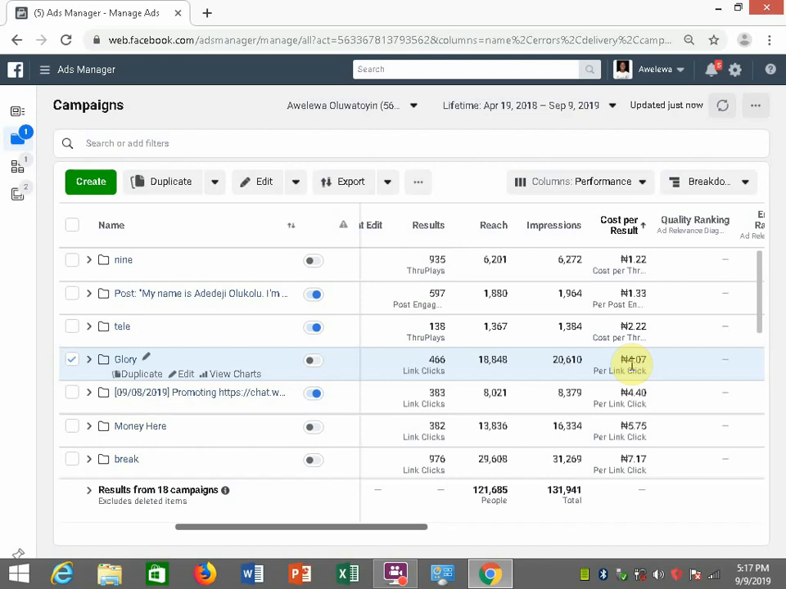Now that is even still expensive, except you are advertising in a market that is very small. If your target audience is very small, then maybe 10 naira per click might be okay. But if your target market is about 1 million, or let's say 500,000 people, 10 naira per click is too high. So the higher the population, the higher your target market, the lower